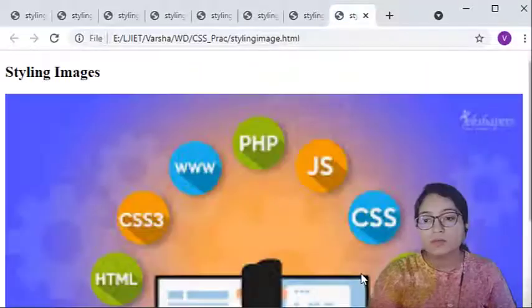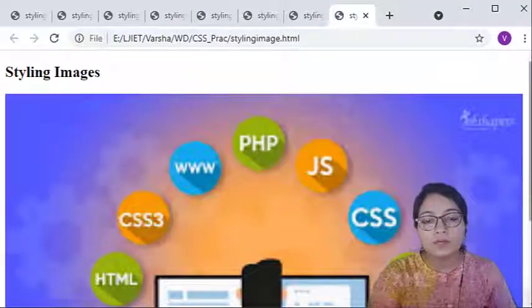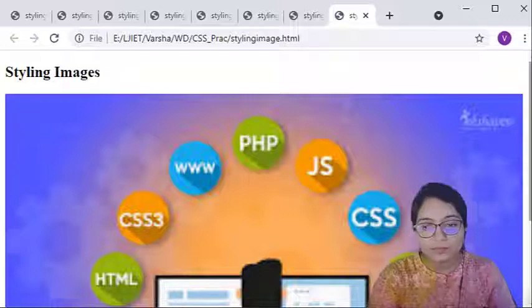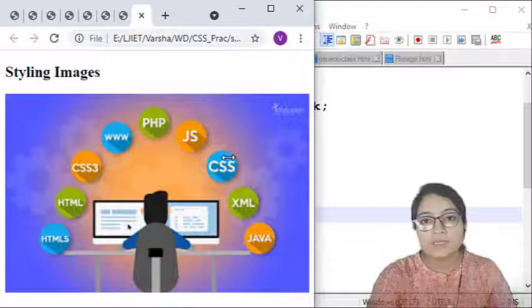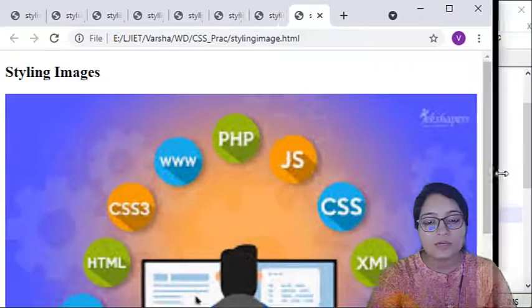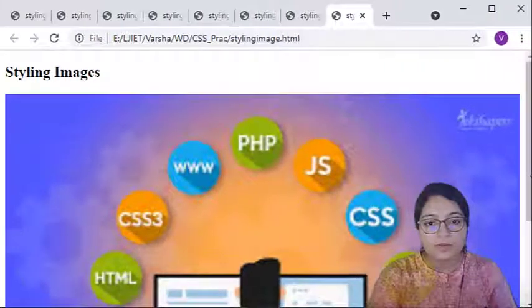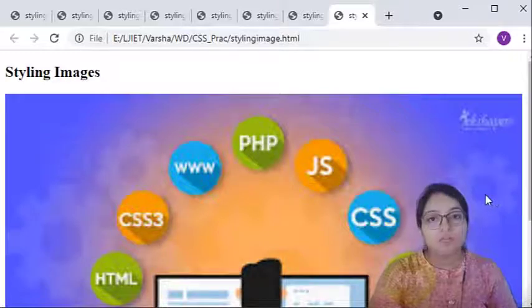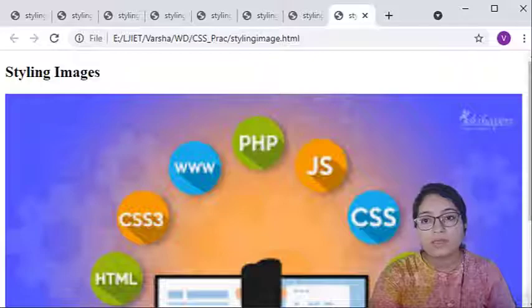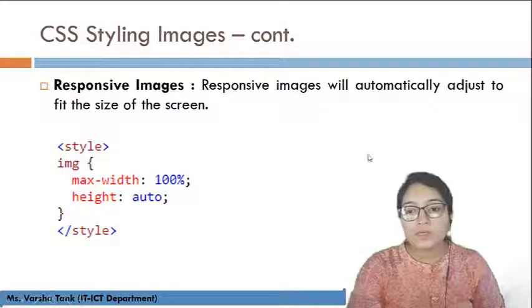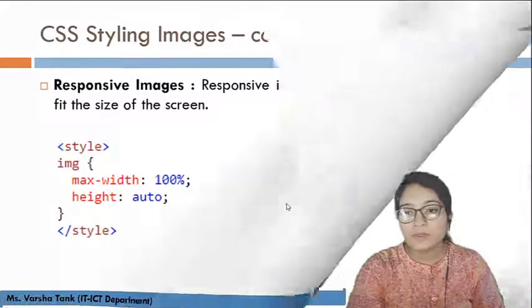See over here, now it will have 100% size according to the screen, and whenever you decrease the size of the screen, see here, it is decreasing in size, and when I increase the size, it is increasing. Got it? So this is the responsive image that we have seen in the last lecture also. Here just use this width 100%.